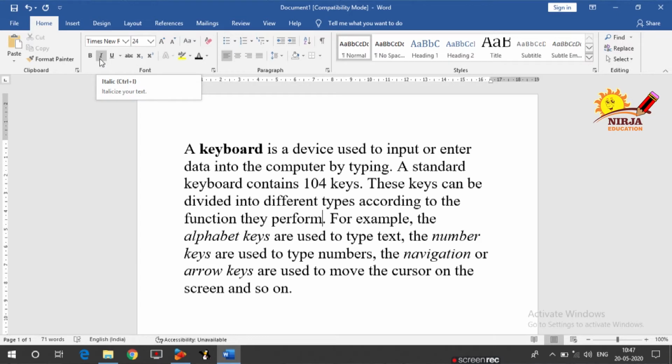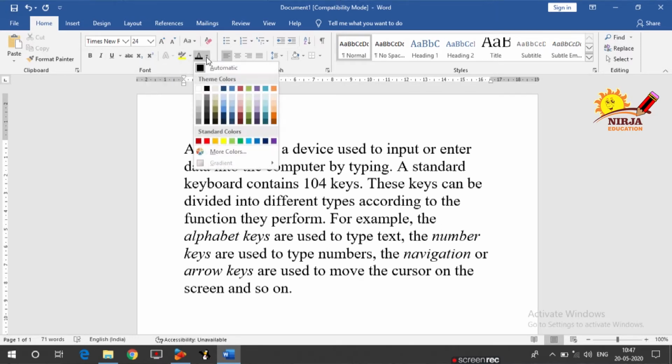Next is italic, which makes your text italicized, and next is underline, which makes your text underlined. This is strikethrough, to cross something out by drawing a line through it. This is subscript and this is superscript.